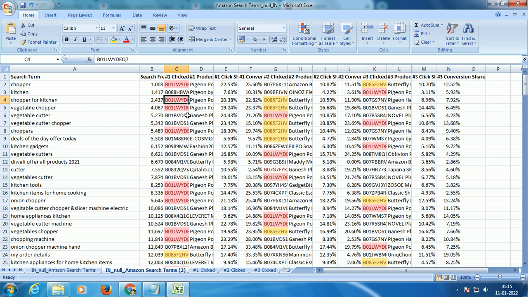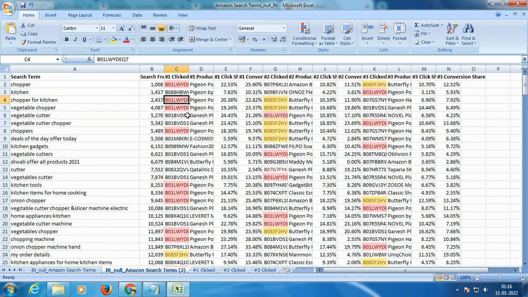You need to run your PPC campaigns using your bulk operation templates, which I'll anyway speak about at length in future videos. But at this point in time, understand one thing: make a note of all the keywords that you fetched out of Helium 10. That is one aspect. The second aspect, don't miss out on your brand analytics. Come to Amazon brand analytics, get this data, and listen carefully to the chopping exercise that we are going to do right now, and then make a list of keywords from Amazon brand analytics. Then you have two sets of data.